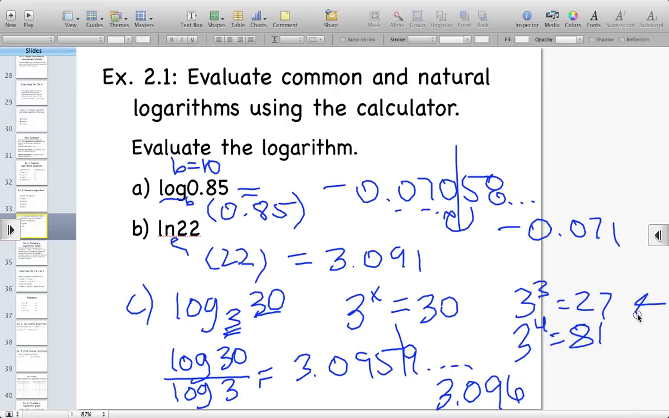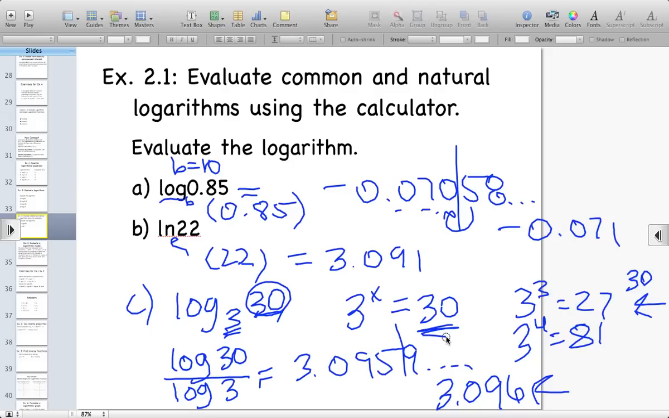3 to the 3rd power is 27, and 3 to the 4th power is 81. Well, 30 is pretty close to 27, so our exponent, of course, is going to be much closer to 3 than it would be to 4. So again, you can use a little bit of reasonableness to make sure your answer is correct, and then go from there. But if you take the log of the answer, this is technically speaking the answer to the solution,